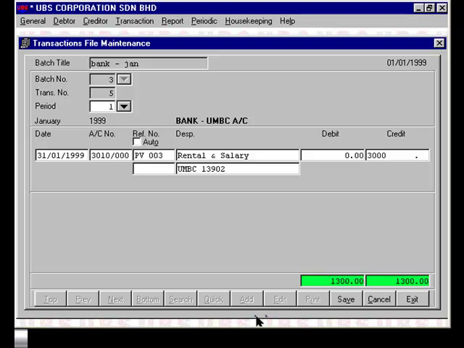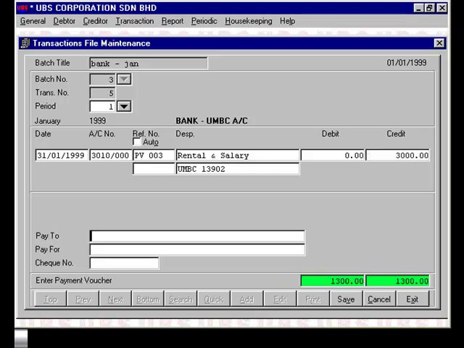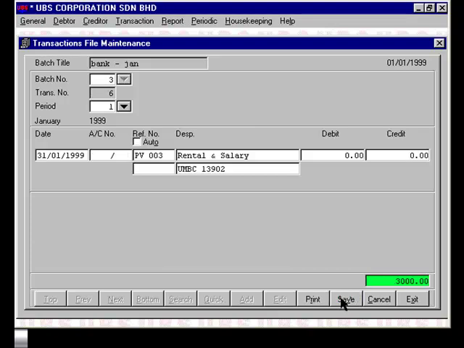For purpose of payment voucher, we'll enter the detail as bank payment to Mr. Developer and Mr. YYY for the purpose of rental and salary. And the check number is UMBC 13902. When it's completed, press Save. Now, the second transaction is against the rental account,